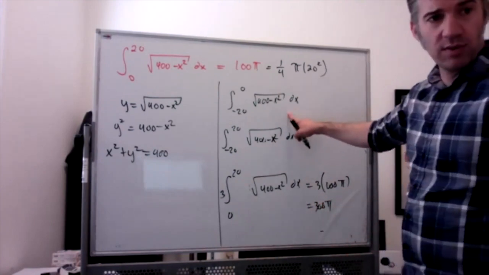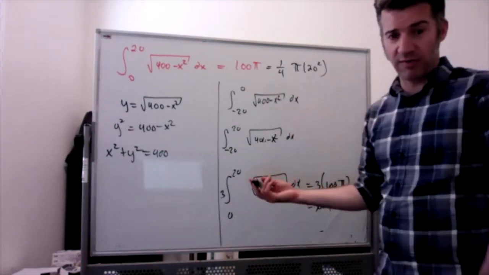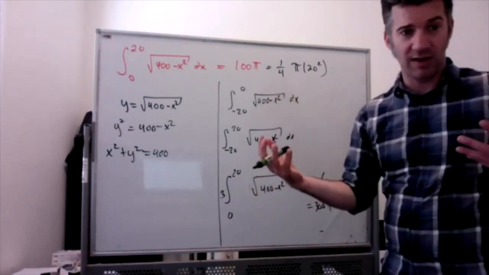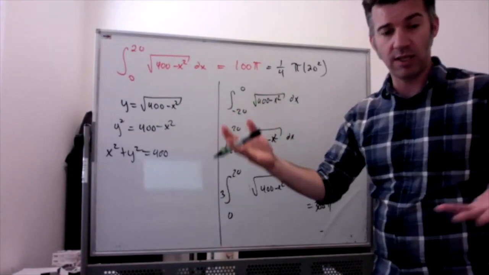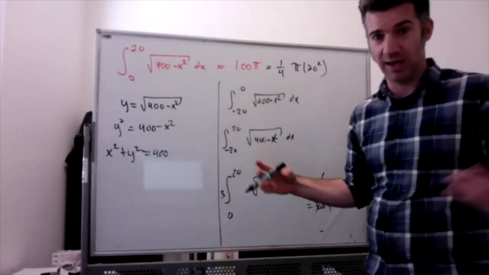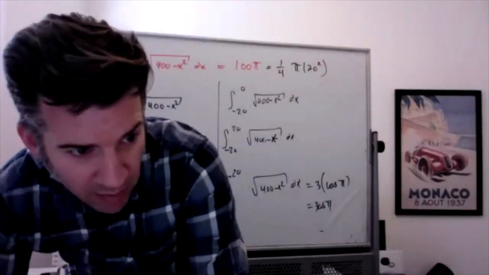The thing that might be a little bit confusing about the odd versus even is that for the odd one, the areas cancel out, and for the even one, the areas don't cancel, they add together. If you look back at the picture,